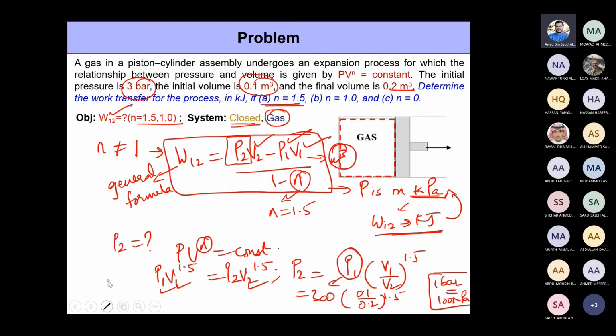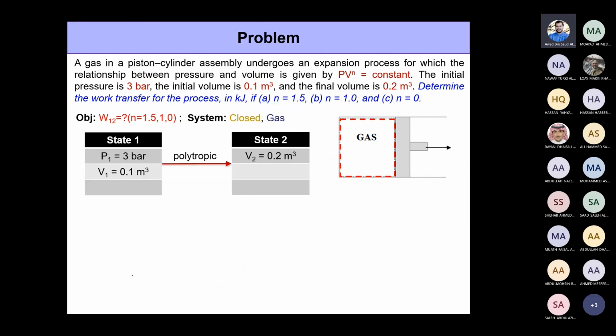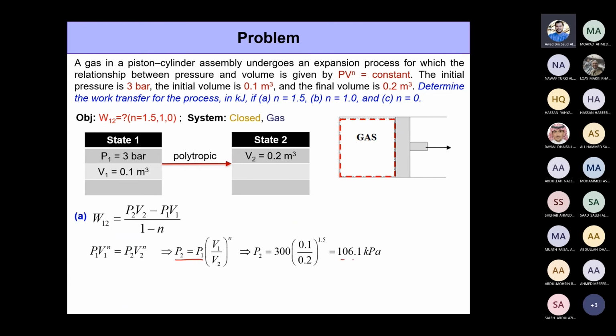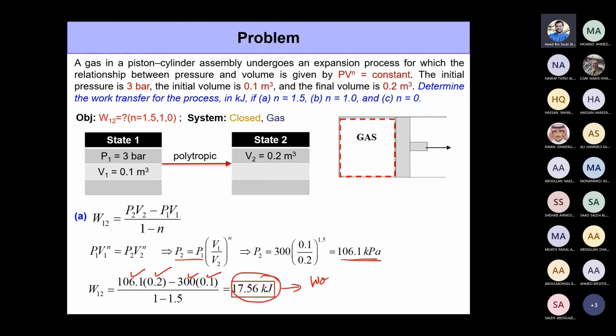So this way we can determine P2, by making use of this formula right here. When you plug in the numbers, you get P2 as 106.1 kilopascal. Excellent. Now we can substitute everything back into this equation: P2 in kilopascal times V2 in meter cube minus P1 V1, divided by 1 minus n. When you plug in all these numbers, you get 17.56 kilojoule. This is the work output